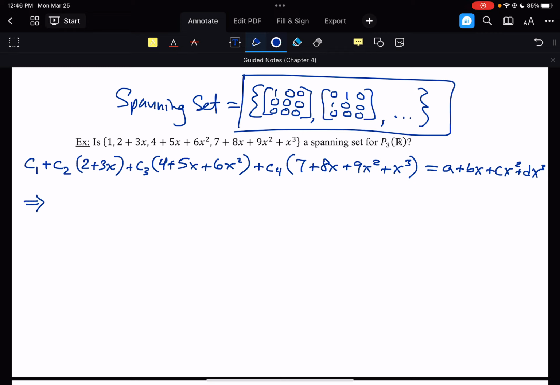Now, what we can do to set up our system of equations is rearrange this not by individual vector, but by the power on the x's. So we can lump all of the constants together, all of the x's together, all of the x squareds together, and then the x cubed. If we regroup this, the constant terms that we have are C1, 2C2, 4C3, and 7C4,